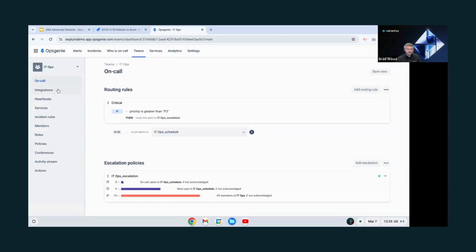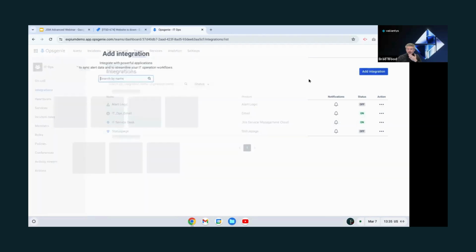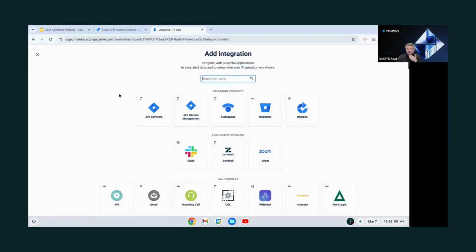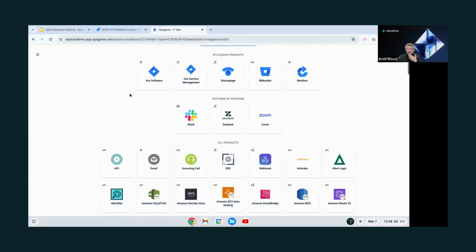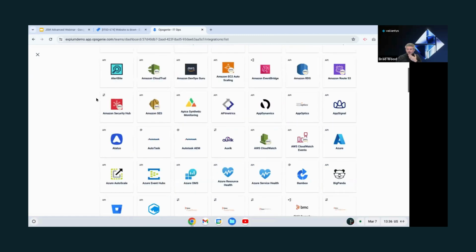If we go to integrations, this is where you're going to build integrations between Opsgenie and other tools. And Opsgenie is really only as powerful as the integrations that you have configured. So all of the major services are available here to create integrations. You can see we've got a couple of those set up here, including JSM. If I click Add Integration, we can search in the search bar. We see all the Atlassian products we can link with, or integrate with, I should say, Jira Software, Jira Service Management, etc. We can see some featured integrations, Slack, Zoom, and then all sorts of different things you can integrate with